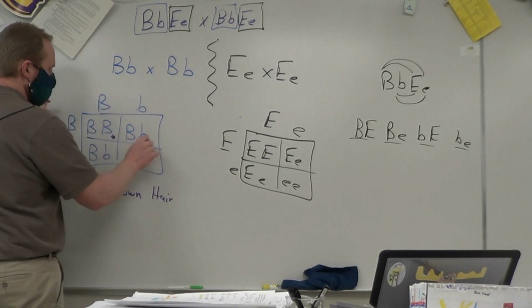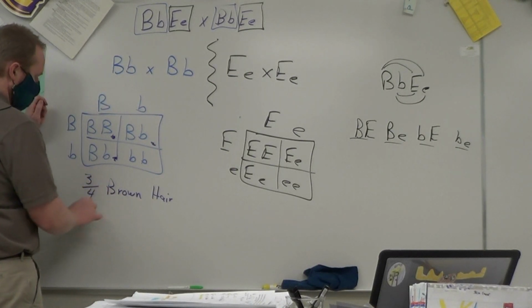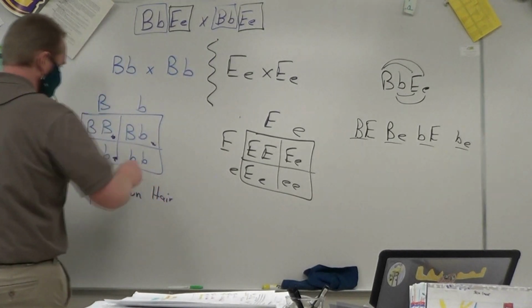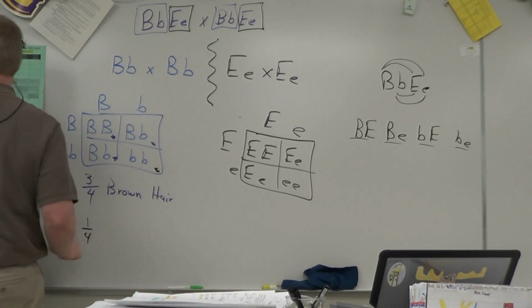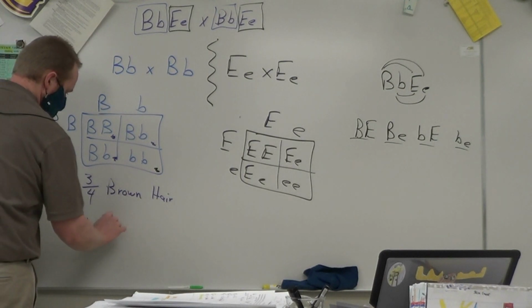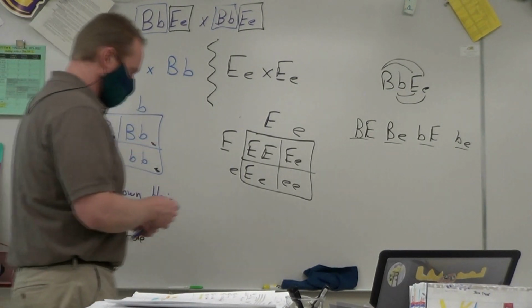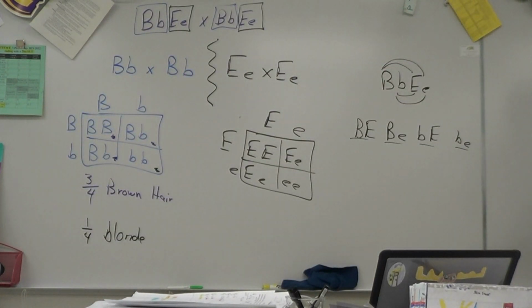Of my brown hairs, 3 out of my 4 are going to be brown hair. And of my 4 boxes, I have 1/4 that are going to be blonde. Okay. Now we can go over here and we could do the same thing. And we could say, well, how many are going to be